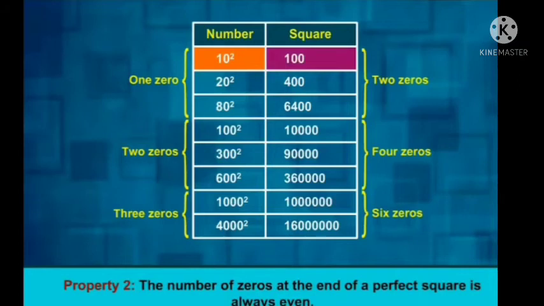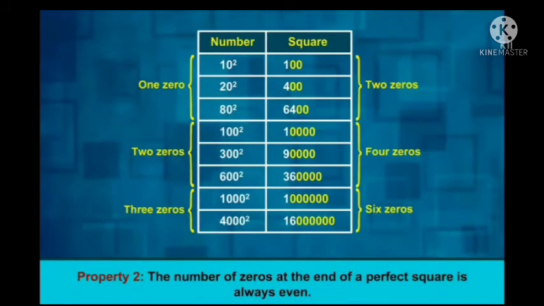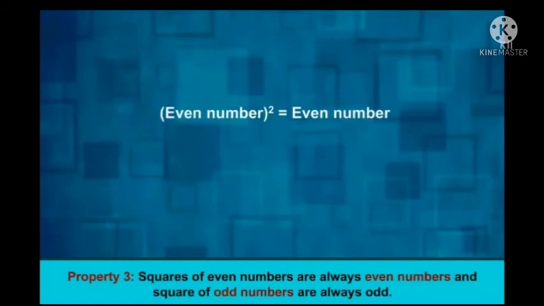If you look at the chart carefully, you will find that the number of zeros doubles itself, and the square number always has an even number of zeros. So this is another way with which you can tell whether the given number can be a perfect square or not. Property 3. Property 3 states that the square of an even number is always even and the square of an odd number